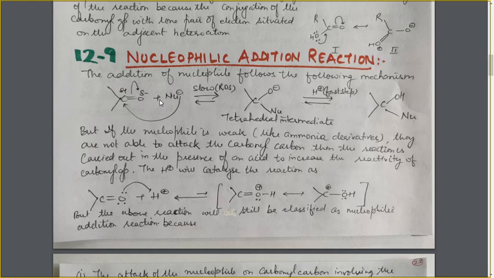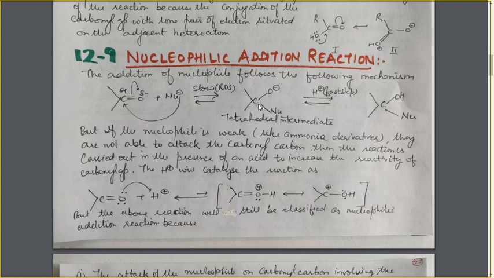In this nucleophilic addition reaction, the nucleophile will first of all attack this electron deficient or electrophilic center at the carbon. As a result, the pi bond electrons will move towards the oxygen atom. It is a slow step and rate determining step. As a result, a new species forms: the nucleophile gets attached to the carbon and the oxygen has the negative charge. This is known as tetrahedral intermediate because of the tetrahedral arrangement of all the 4 bonds around the carbon atom.